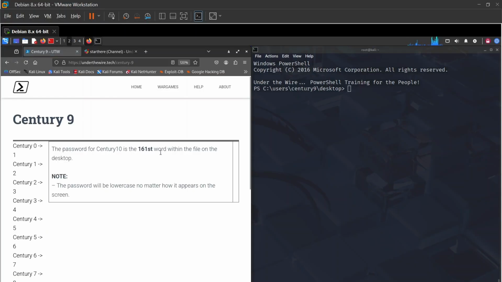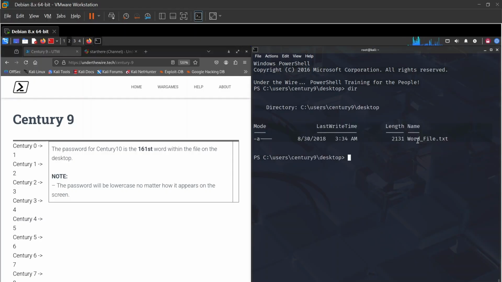161st word within the file on the desktop. And this is where it gets interesting. Okay, so how do we go about this? Now the first thing we need to do is to understand that we use what we call the split command here. But first of all, let's just type dir, and then we'll have a file called the word list. It has